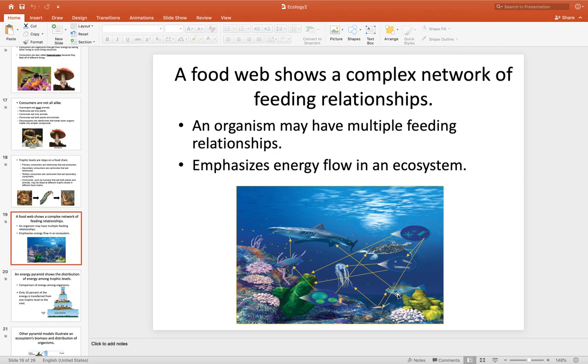And so you have this fish. This fish is going to be eaten by this shark. Notice that the arrow is going from the fish to the shark. If it were the other way around, it wouldn't make sense. So just make sure that whenever you're doing your food web, your arrows are done correctly. And also make sure that you label whether your animals are producers or consumers. If they're consumers, you have to get a little bit more in depth about their particular role. So going back to this